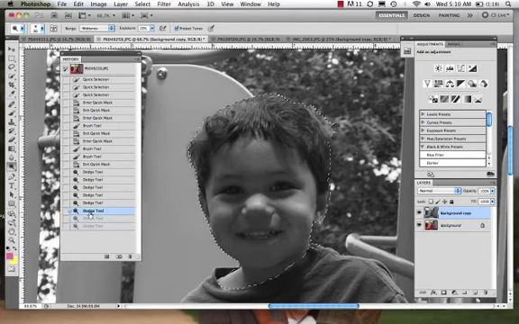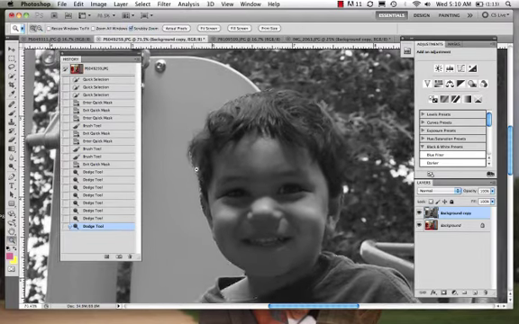Okay, so let's go back. I can go back in my history and I can see what I've done. And we can see, okay, there's the difference, right? We started right here. That's what it looked like. And as I come down to here, it's pulling out more of the detail. Now, I could even zoom in a little bit here